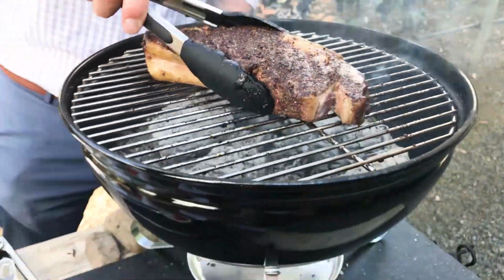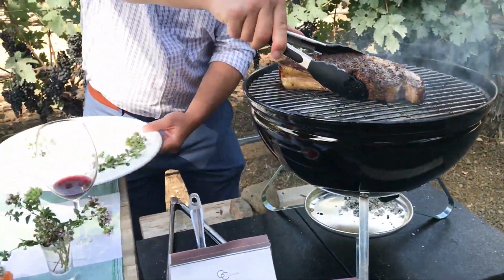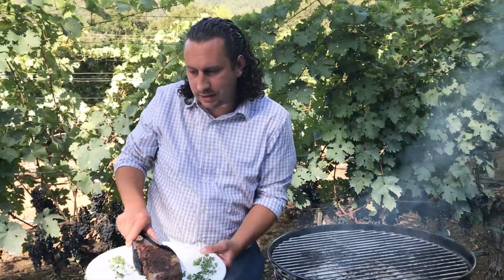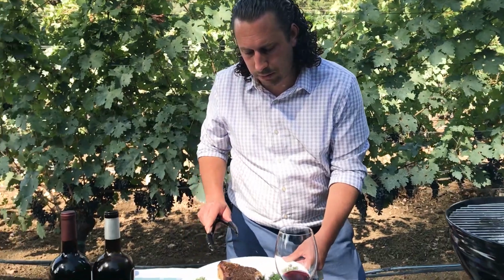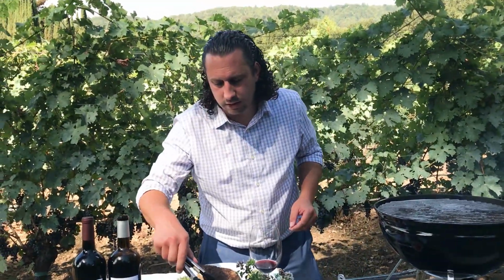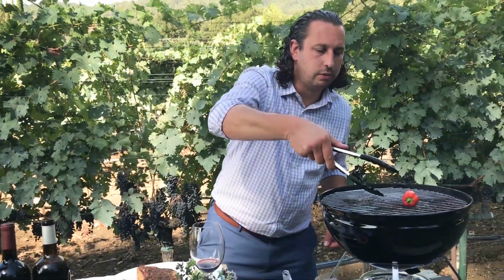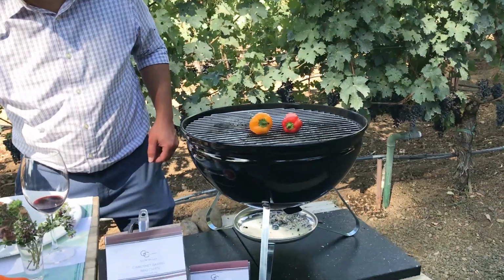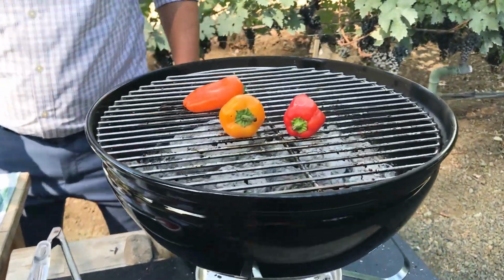Now, what we're gonna do over here, grab the plate. Here we go. Right in the middle, because again, the protein's gonna be the main component. So we have that there. In between, always wanna continue to utilize your time well. Here we go. Throw on some sweet peppers, get those on the grill, because while we're grilling those, we're gonna